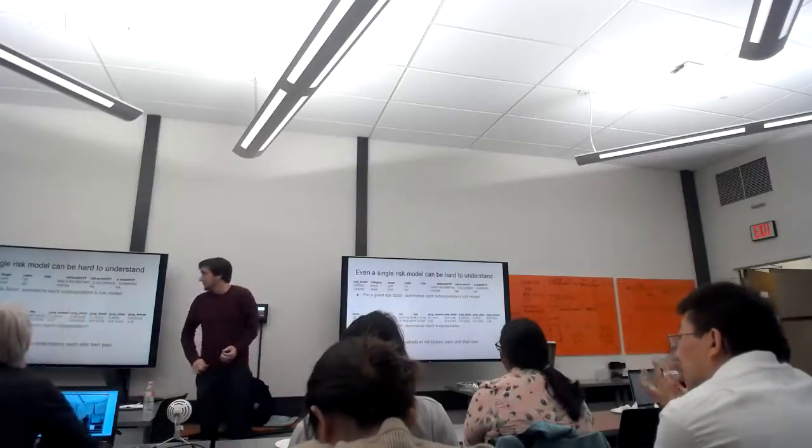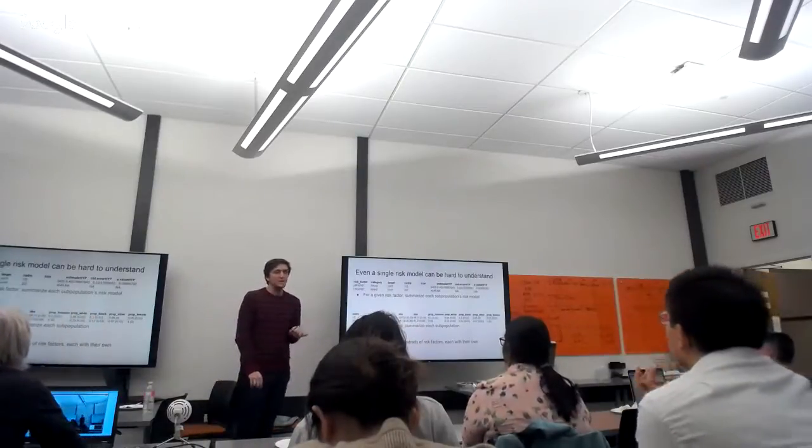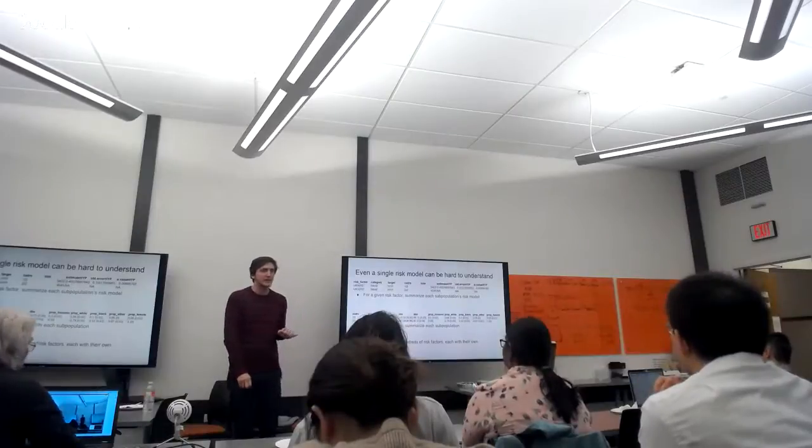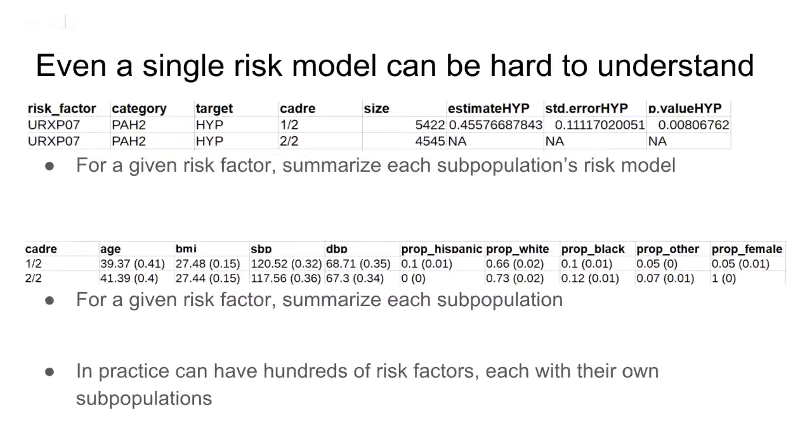Okay. And so that was for everything. And then even if you zoom into a single risk factor, it's still complicated. Think of these two lines as being two halves of a cohort Table 1. So for the risk factor, you are SPO7, that's this category, and the response variable, and then we had two quadrants. For one of these quadrants, there was an association with hypertension, and that was not known in the other subpopulation.